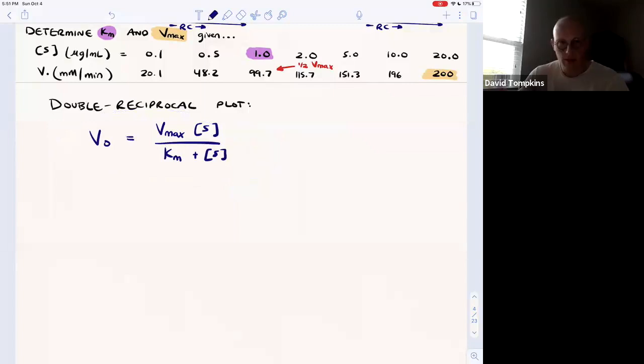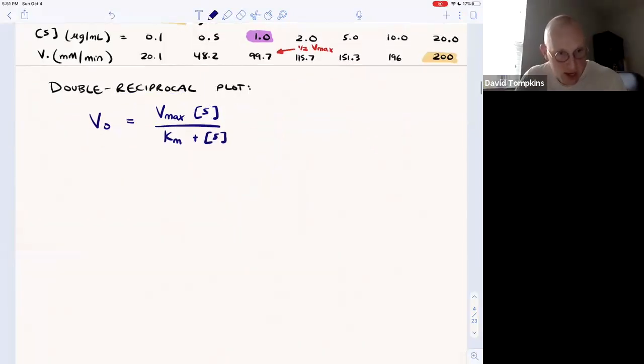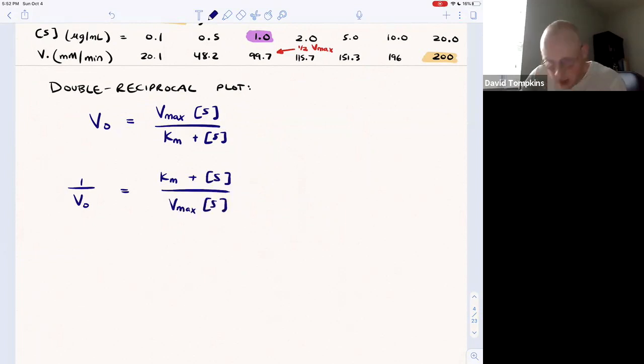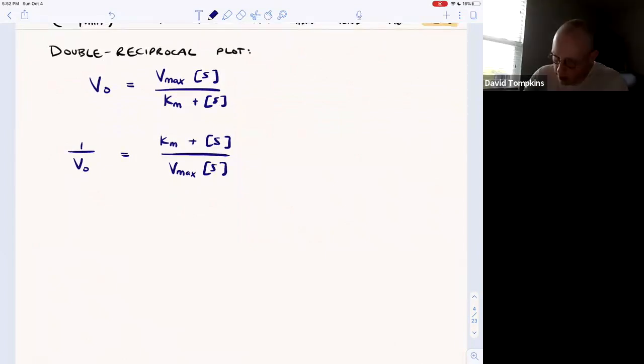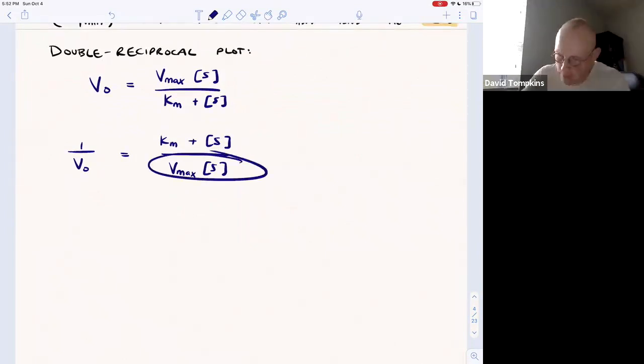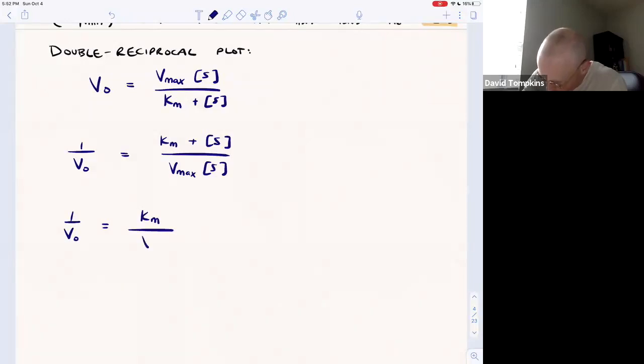But if we take the reciprocal of each side, or we say 1 over V naught equals the denominator, Km plus substrate, over the numerator, Vmax times substrate, this can become a linear equation. So now we have one term on the bottom, and you can simplify things. You can say 1 over initial rate equals Km over Vmax